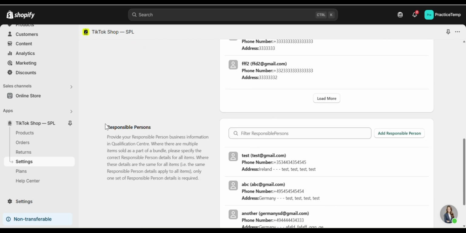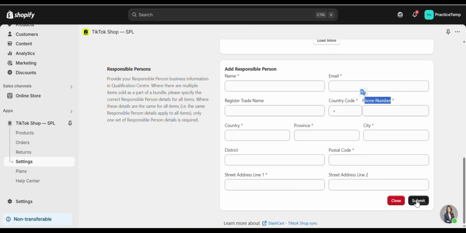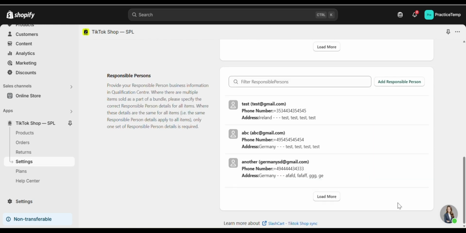Right below that, you can also add a responsible person from the same settings page. Click on Add Responsible Person and enter the following details: full name, email address, trade name, country, full address. Then click Submit to save. That's it. Both your manufacturer and responsible person info is now stored and ready to use whenever you sync products